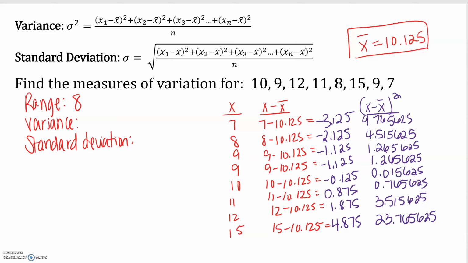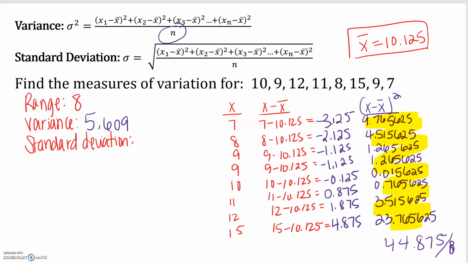So I'm going to add all of those together. So when I add all of those numbers together, I end up with 44.875. Remember that you then need to divide that by the number of terms that we have, which is 8. And we get our variance is about